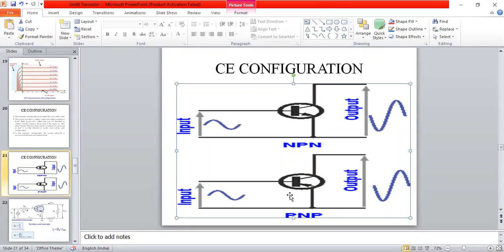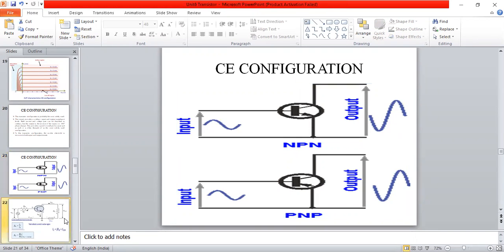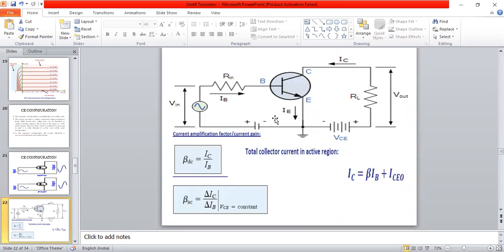Now, briefly, with the current direction, I will consider one more diagram here. See, there is not much difference between common emitter and common collector here now. Both are almost the same. Here common emitter, common collector. Only the direction will be reversed here now. Yes or no? Yes. The current direction, based on that, it will change here.